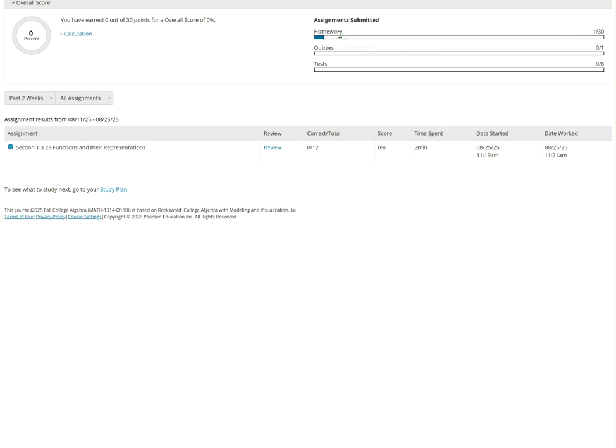I'll see how much time you spent and where you are. You can also see the progress bars, and this quiz is the final exam. These are your chapter tests, and this is your homework. So you have 30 homeworks, 1 quiz, which is the final, and 6 chapter tests. And those bars will build as you go through the course. But you can always see what your average is, no matter what.